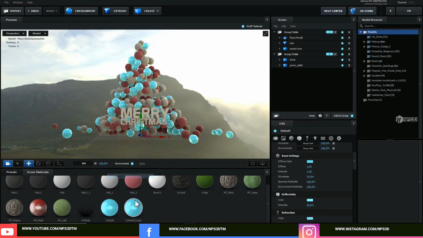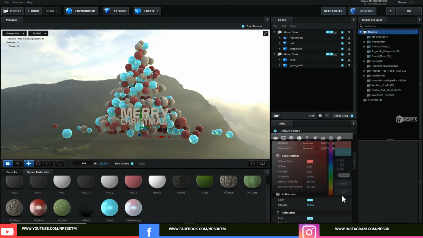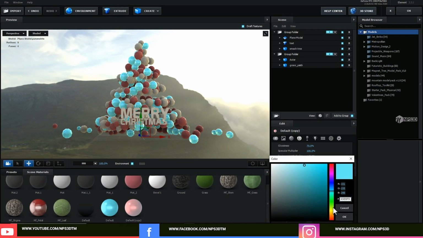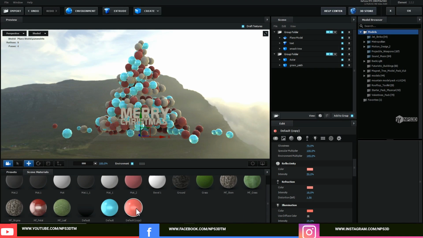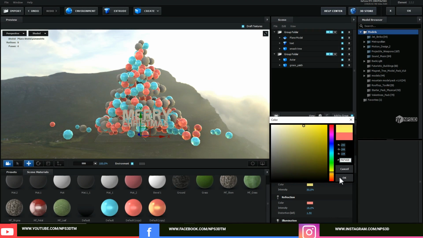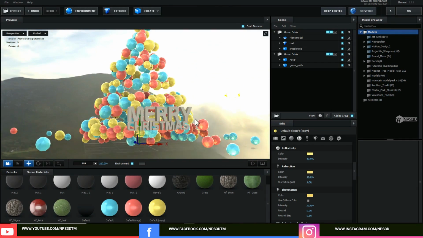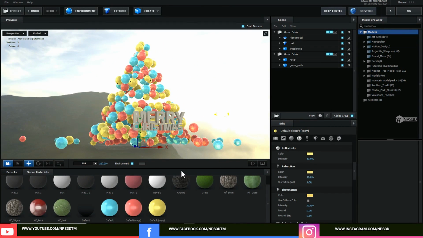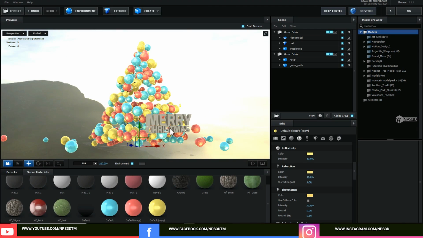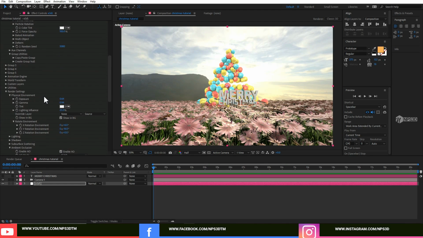So let's duplicate this material and make the color red. For this white one we will leave it. Okay. And if you think it's too bright, we can just